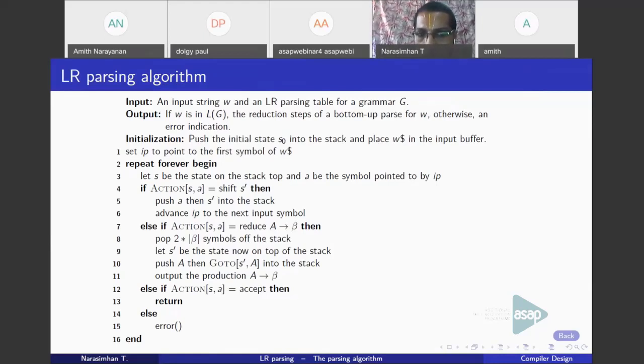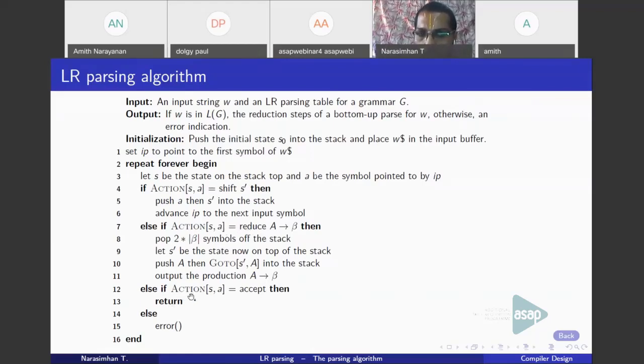You consult goto of S dash comma A. What is A? The left hand side of the production A gives beta. To find goto of S dash A, you push both A and goto of S dash A into the stack. That means the left hand side of the production as well as this goto entry will be pushed into the stack. You can print the production A gives beta. This is what we have seen for the reduce action.